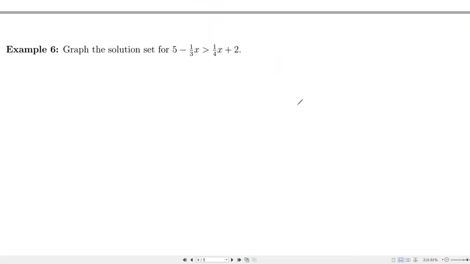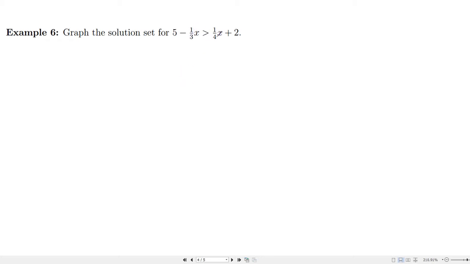Well, what about this one here? Okay, so this one is a little bit more involved, but we have a few fractions, and one trick that we used before, you don't have to do this as the first step, but it might help you, and that is to get rid of the fractions. And how did we do that? Well, we multiplied by sort of a common denominator. So if you find the least common denominator, in this case, it would be 12, right? So if I multiply both sides by 12,